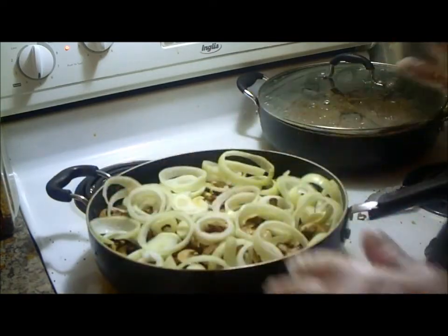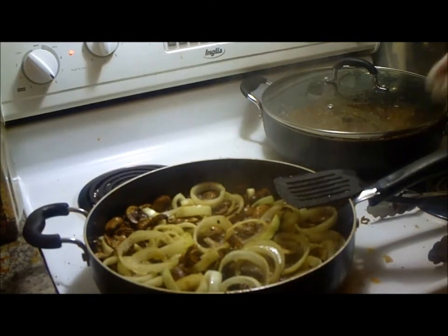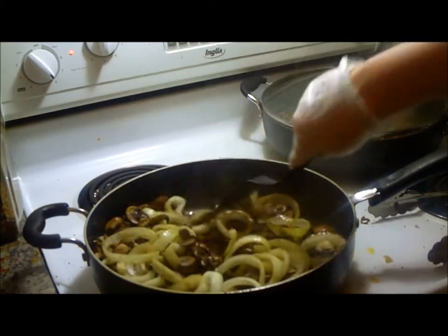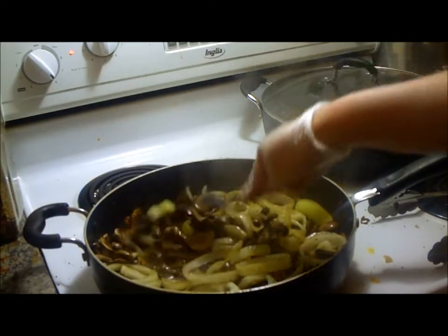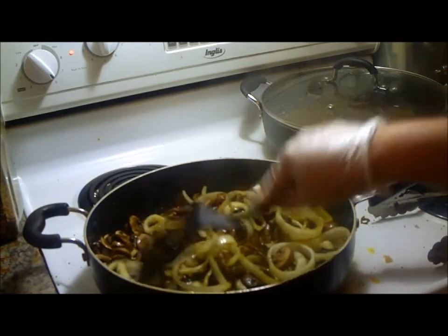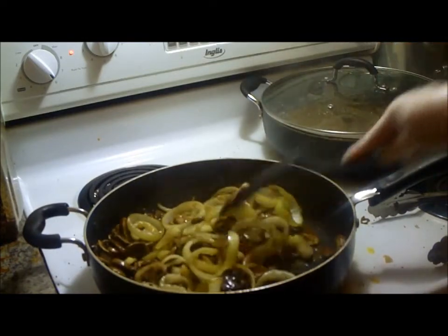So take a good look at it now. I'll bring you back when it starts to really do its business. Okay guys, you can see how it's starting to come down. I didn't add anything to this. No salt, no nothing. Mushrooms and onions have a lot of liquid in them. It's on between a 5 and a 6. I'm going to cook this for probably a good half hour and let that water evaporate, and these things will shrink down real good. I might add a splash of balsamic vinegar, and then I'll add the spices and things like that. And they'll get nice, low and slow. It's going to be such a great...